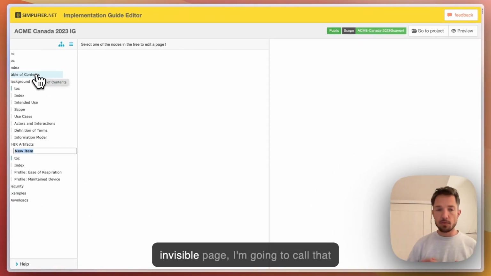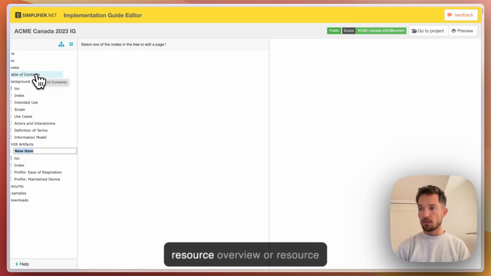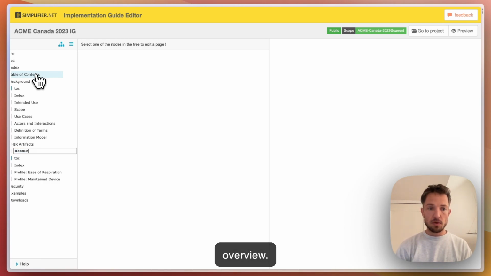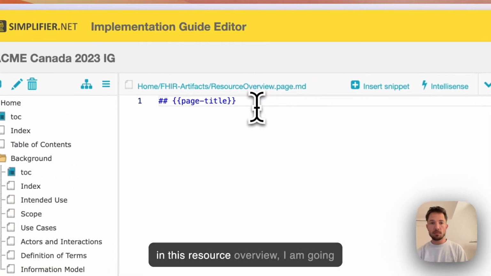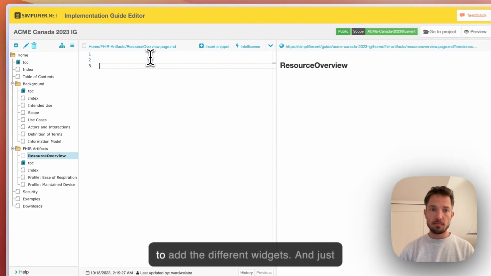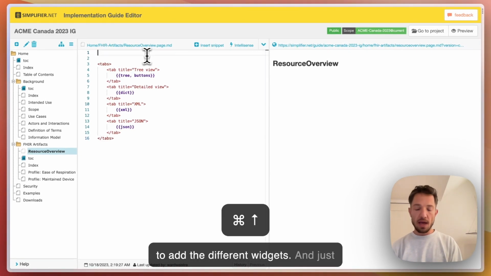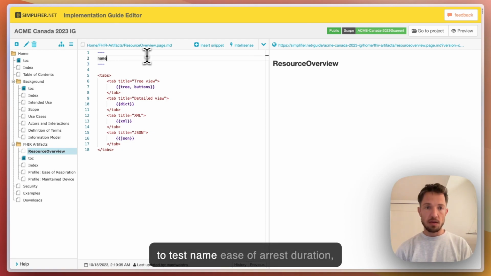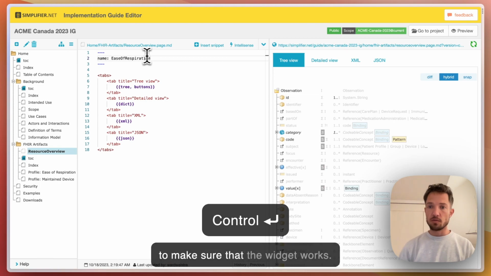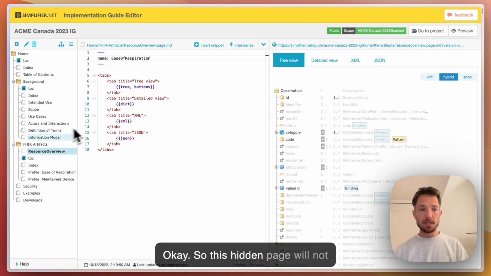And this invisible page, I'm going to call that resource overview. And in this resource overview, I am going to add the different widgets. And just to make sure that it works, I'm going to test the name ease of respiration, just to make sure that the widget works. Okay, so this hidden page will not show up in our navigation,